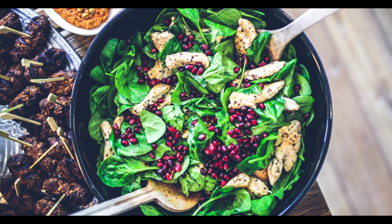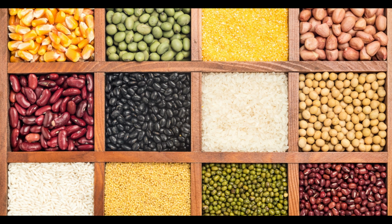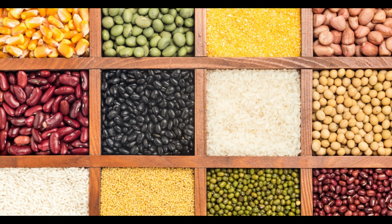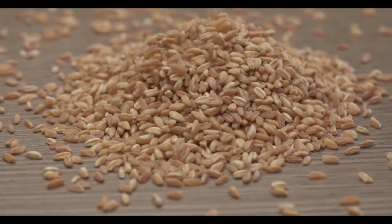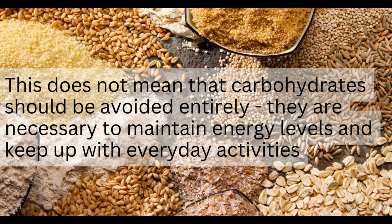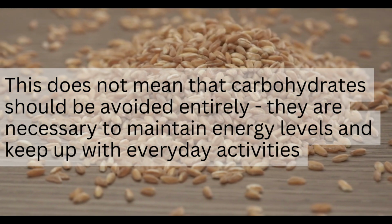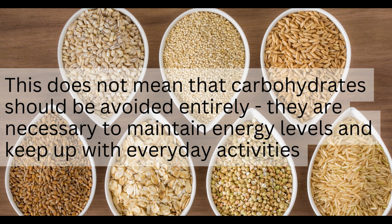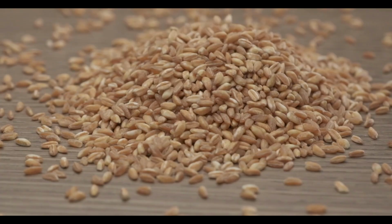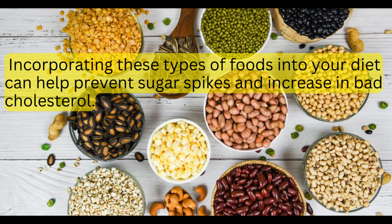And now the last food that we are going to see in the 11 best foods for fatty liver is carbohydrates. But just avoid simple carbohydrates. When you have been confirmed with fatty liver, it is best to avoid foods that are high in simple carbohydrates. This does not mean that carbohydrates should be avoided entirely. They are necessary to maintain energy levels and keep up with everyday activities. Whole grains are a great source of fiber and can help reduce fat. Incorporating these types of foods into your diet can help prevent sugar